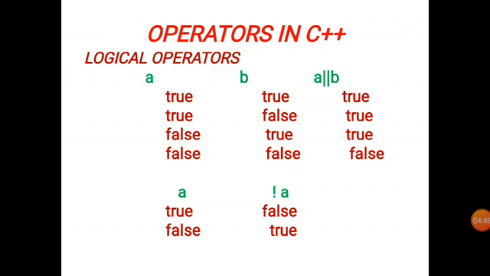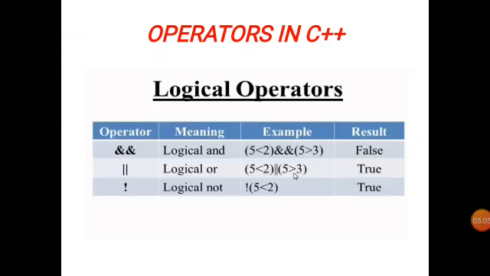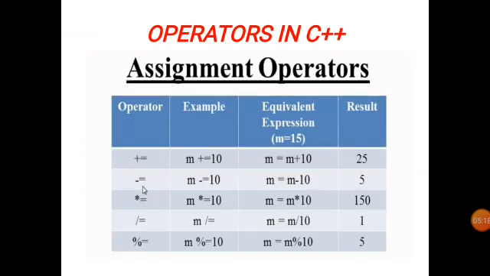And the not operator: not true means false, and not false means true. That is, 1 bar means 0, and 0 bar means 1. That is called logical operators. There are three important logical operators here. The logical and, or, and not can also be combined with relational expressions, that is, with the relational operators less than and greater than.